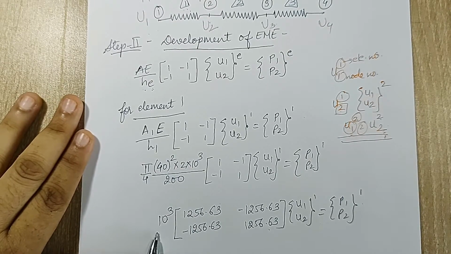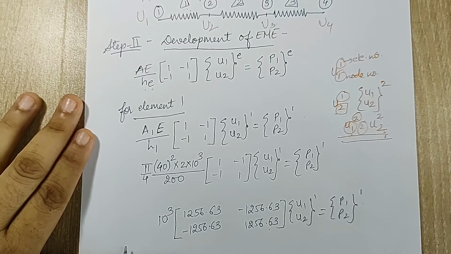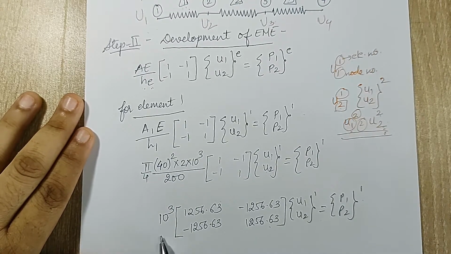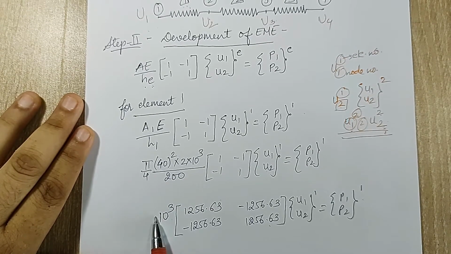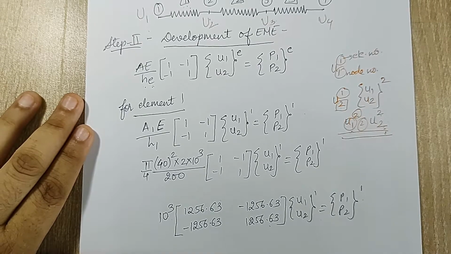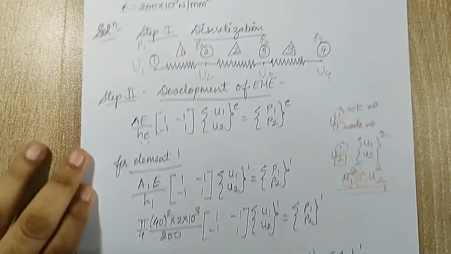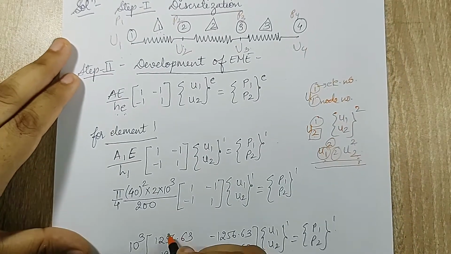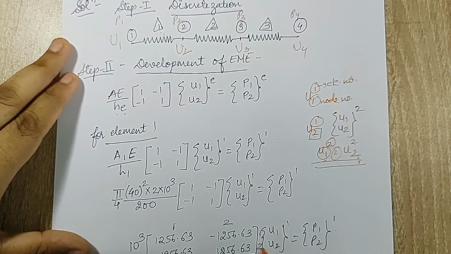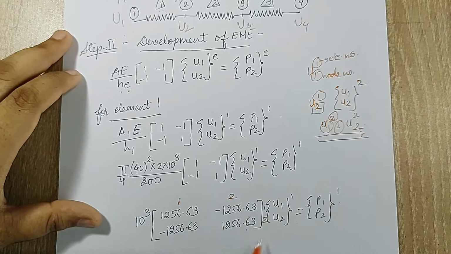Suppose if you have a 10 raised to 6, no problem. You can only cancel out 10 raised to 3. 10 raised to 3 will still remain over here in case you have 10 raised to 6. You can just multiply and solve. So I would prefer taking out these numbers so that it becomes easy for me to solve. Now the last step for this element 1 is you need to mark element 1 is between which two nodes. If you observe here, element 1 is between node 1 and 2. So I am going to clearly mark over here 1, 2, 1, 2. These are going to indicate that element 1 is between node 1 and 2.